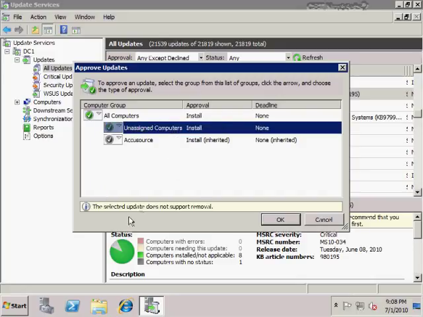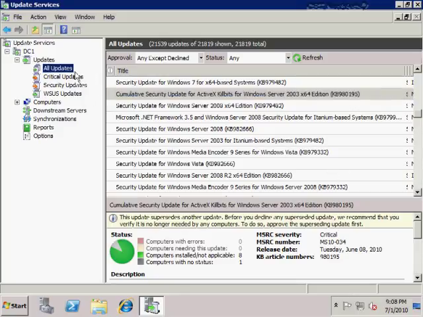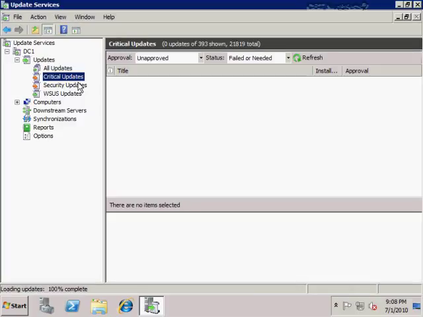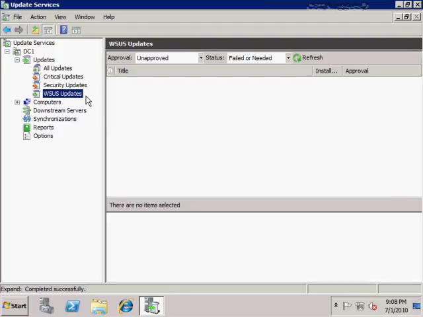And this is also a good example of one of those updates that I was saying earlier does not support removal. So then I would click OK. Sometimes you'll get a license agreement that you also need to approve of here in this interface as well. And then if you don't want to just look at all updates, but only the critical and security updates, then you can also look at both of these views as well. There's also WSUS updates, and these relate to the update engine that's on each client, because they have to actually have an update piece of software that reaches out to the server and checks for updates